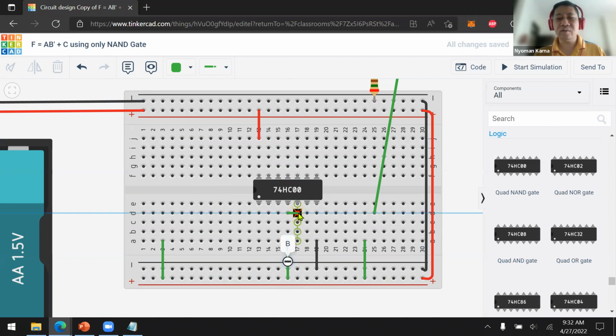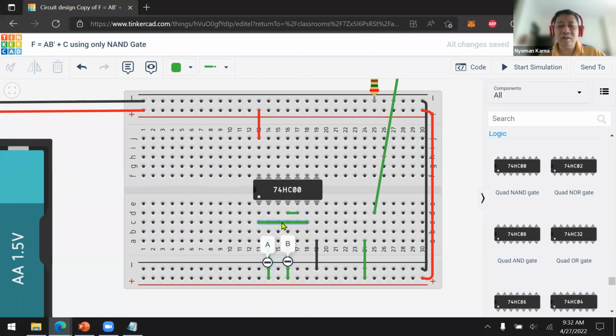So we're going to join all of the inputs of the NAND gate in here, and then the output will go to another NAND gate, which actually joins with the A. So this is A. So now we have, this is B naught.